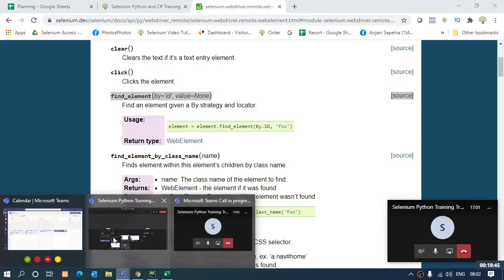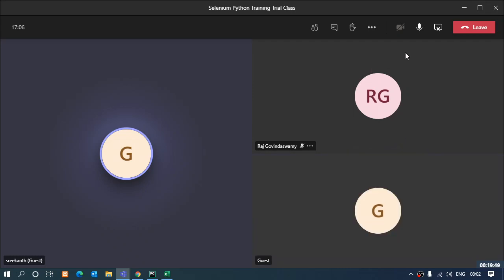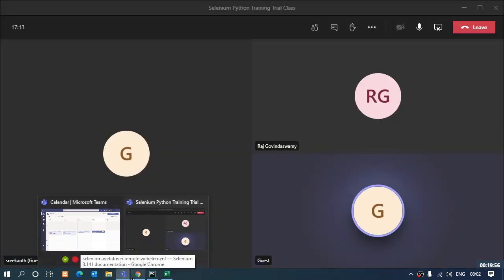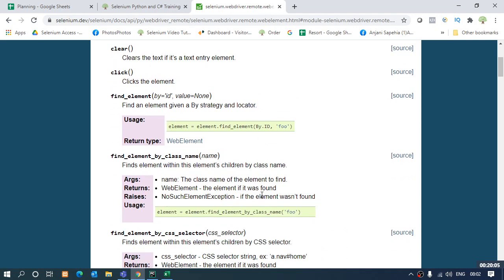Yeah, I'm sharing. Just a minute. Good morning. I'll just check. Just give me 1 minute. Just let me know which current screen are you able to see. I'm opening the functions on which there is clear, click, find element functions are there.